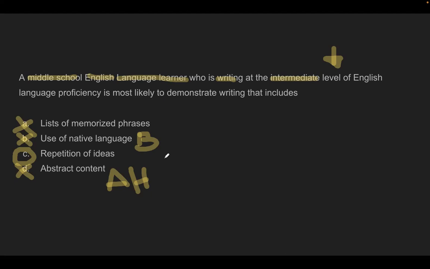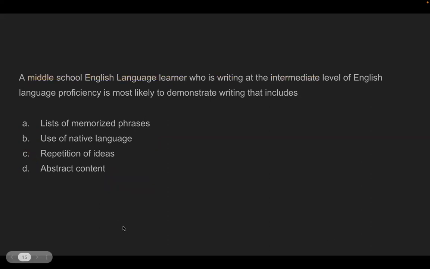Intermediate students will still struggle with tenses, and they will only be able to write effectively in short, simple, present tense sentences. Once they master tenses, they move to the advanced level of writing. Well done, guys. Can you repeat why the list of memorized phrases wouldn't be it? I know that it's the repetition of ideas, but